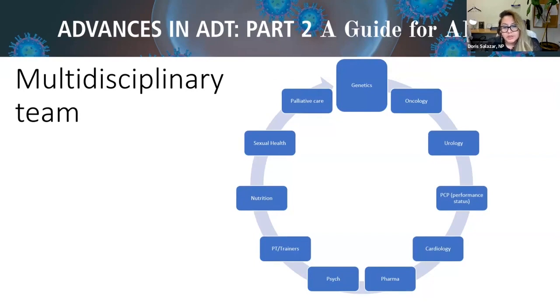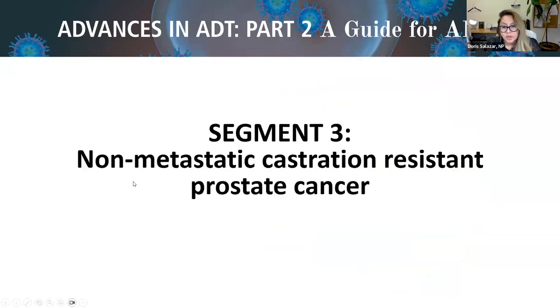So whenever we're starting a patient on ADT, we obtain a baseline A1C, lipid panel, CBC, comprehensive panel, testosterone, vitamin D, and a PSA. If their A1C or lipid panel are not normal, or they have a history of diabetes, cardiovascular disease, or hypertension, we recommend and coordinate a consultation with cardio-oncology for medical optimization. We have a dedicated team of cardiologists who are part of our cardio-oncology group who will prioritize seeing these patients